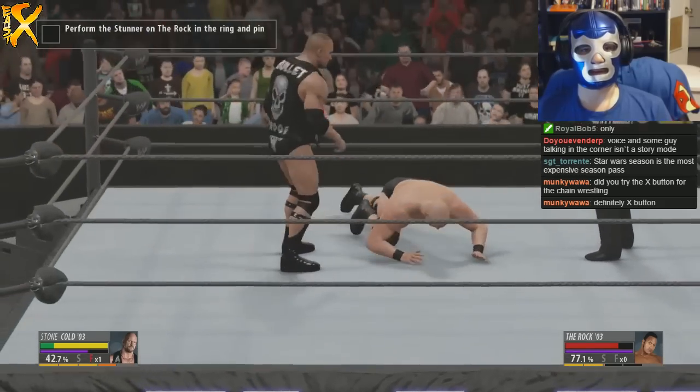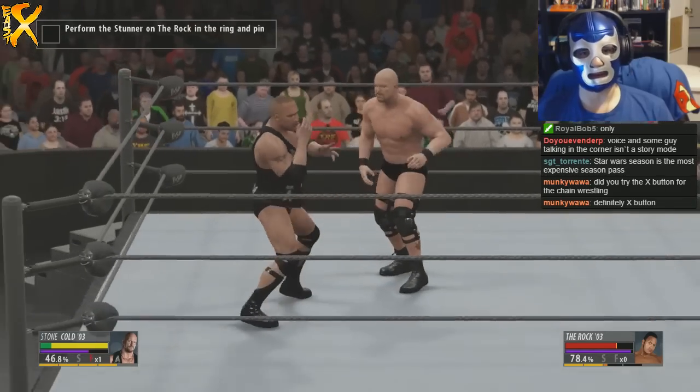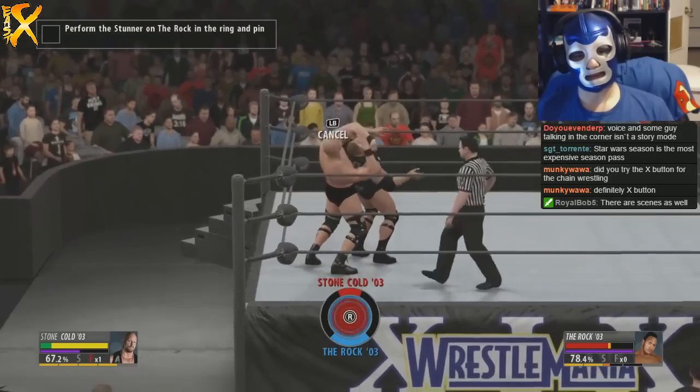Perform a stunner on him and then pin him. Great, okay. Stunner is a finishing move. I have earned a finishing move. You do that by getting enough crowd approval. Come on. Oh, there we go. Now I got him in the...